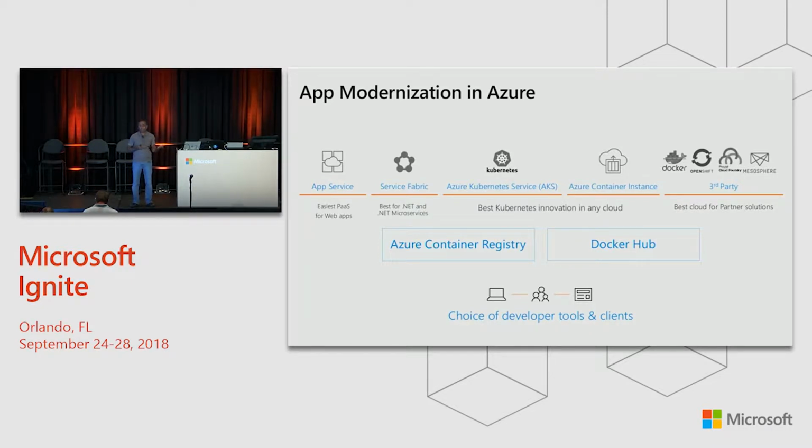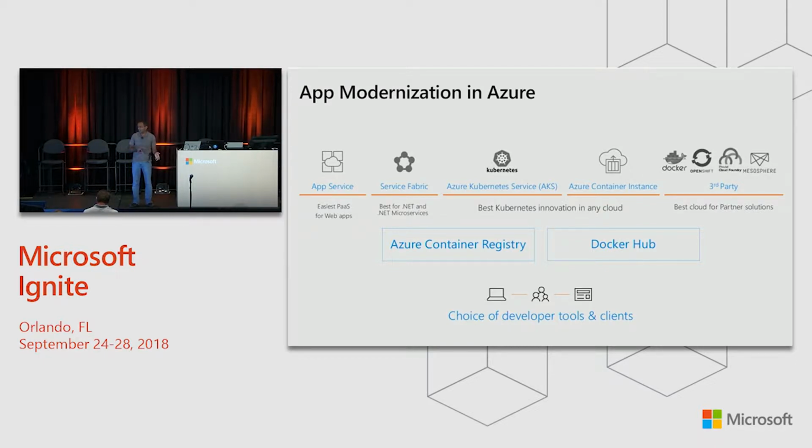So App Service is one service that you can use from Azure, which uses container-based architecture inside that to actually run your websites. You can use Service Fabric if you're doing Windows containers. They also support Linux now. You can use something like AKS, and the latest is ACI. These are all different orchestrators that make it easier for you to run your container workloads. We also support other third-party orchestrators, Docker Swarm if you want to use, OpenShift, Mesosphere, all that runs in Azure, right? So what we're really doing in this is we're providing the infrastructure and the tools that you need